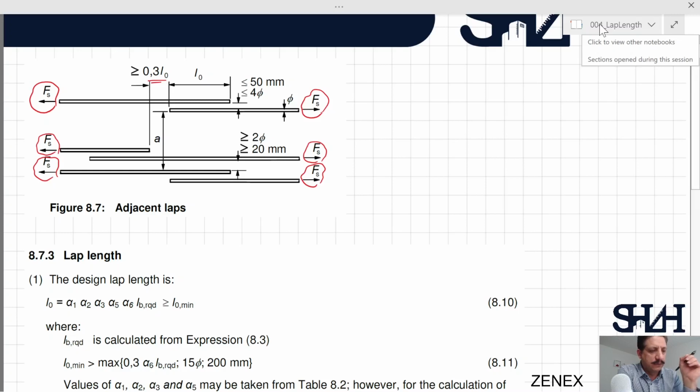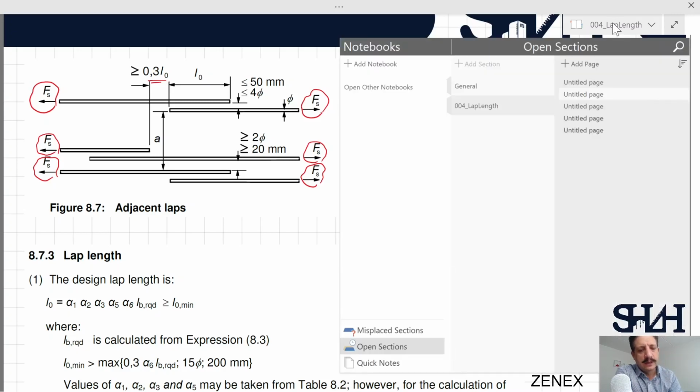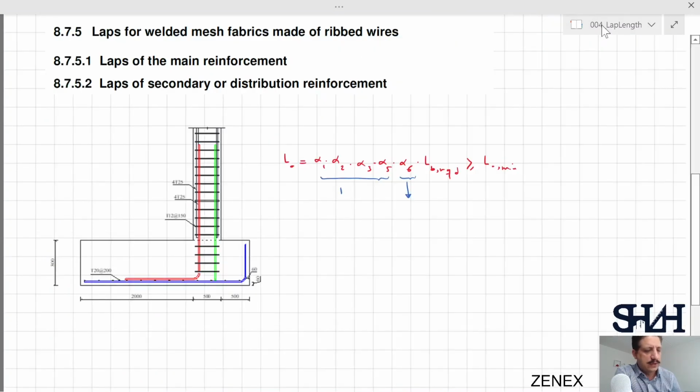You have to check, for example, that all bars are quite close to each other, and the reinforcement which is going to be cut, they are not closer than 2 times phi and 20 millimeter. So if you don't want to check these detailing, you can easily assume that alpha 6 equals 2,